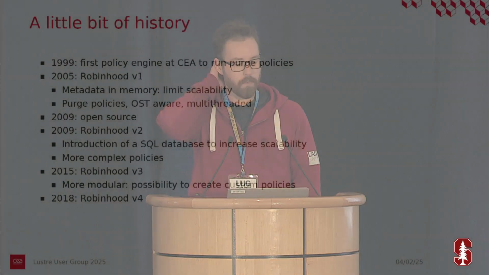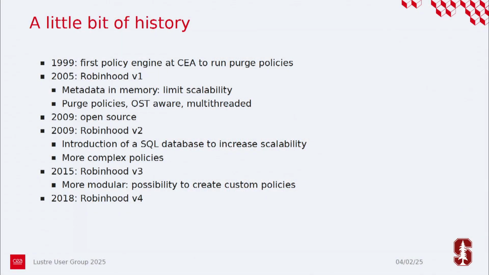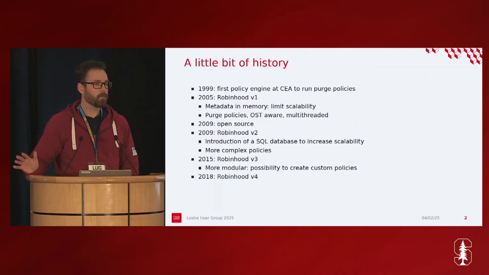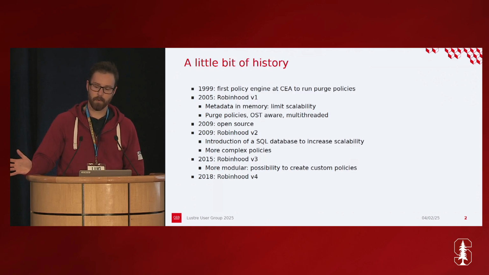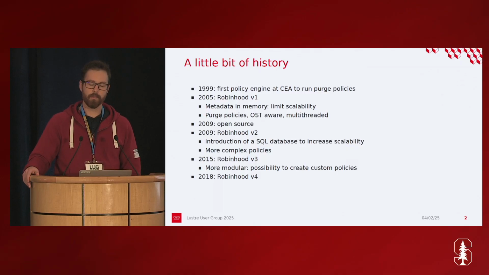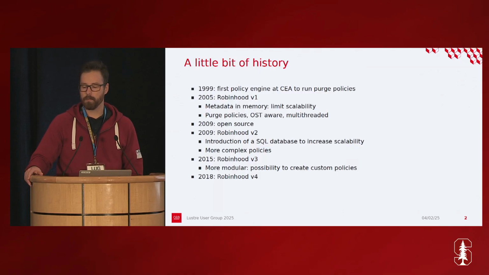And so before starting to talk about Robinhood 4, I thought it would be interesting to do a sort of overview of Robinhood's history and how we use policy engines at CEA. So CEA started using policy engines since 1999. The first policy engines were storing the metadata in memory, and they were used to run only purge policies. The first version of Robinhood came in 2005. It was the first version that was OST aware, so it was used to basically remove files to avoid OSTs to become full,